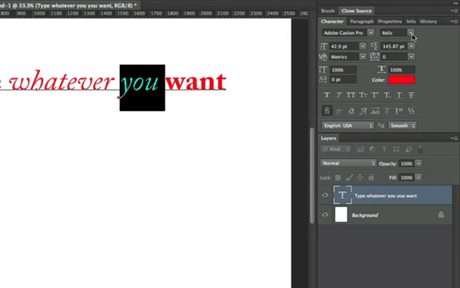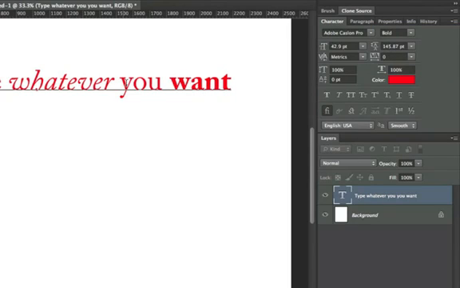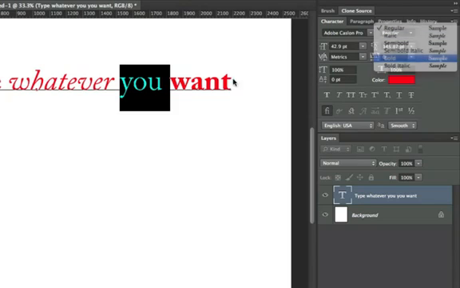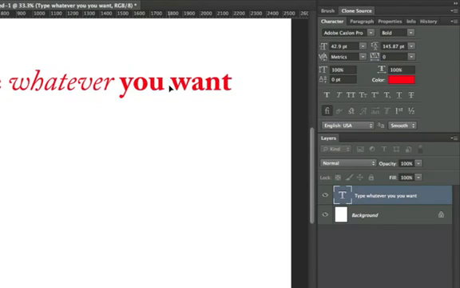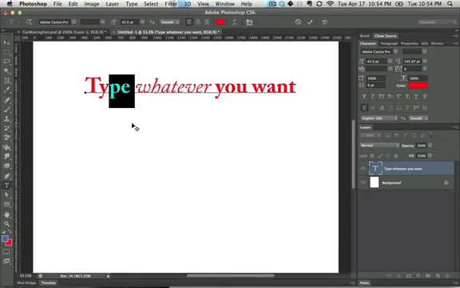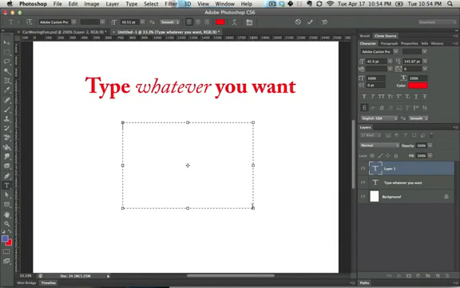So I'm just going to go here. I'm going to put it on regular. There we go. Or actually, let's set it on bold because that seems to be the thing in vogue right here. Control Enter to commit those changes. The other way to create type is by clicking, escape, clicking when your cursor looks like this, and dragging, and